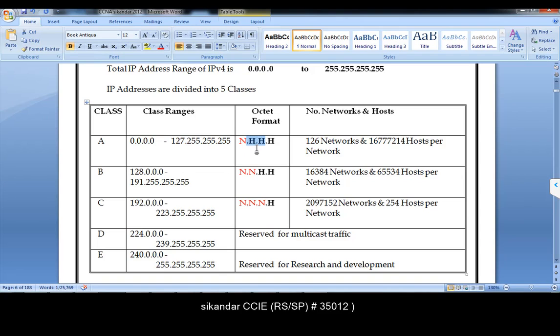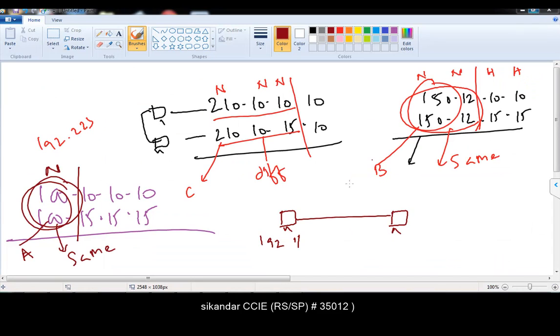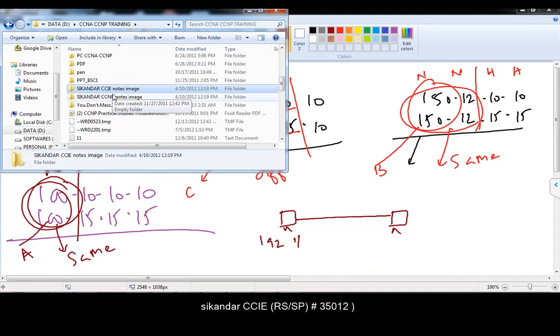In A class there is one network portion and three host portions. In the B class there are two network and two host portions, and in the C class we got three network portions and one host portion. So once we have some understanding on these things,